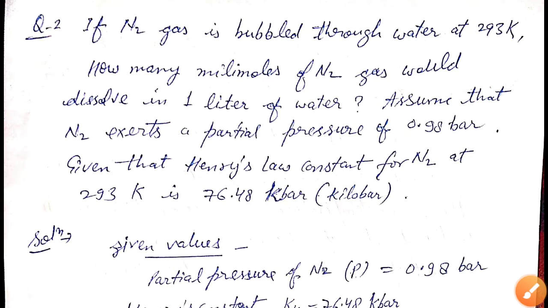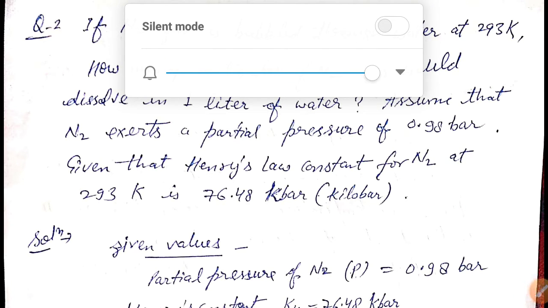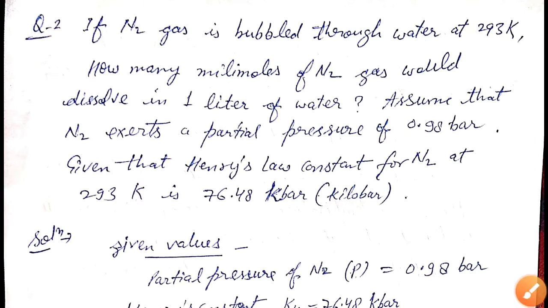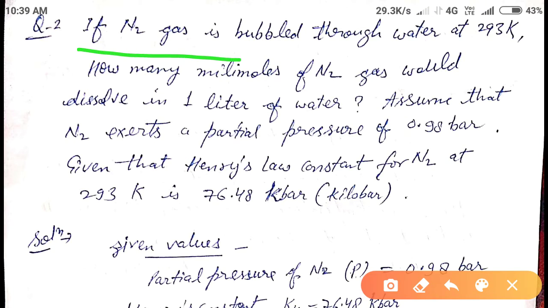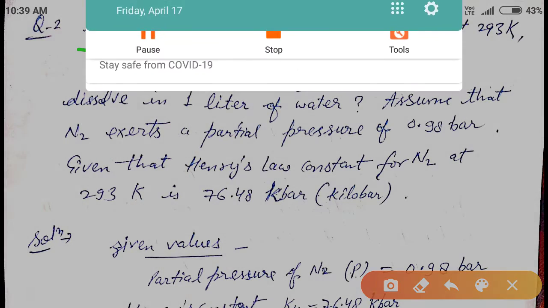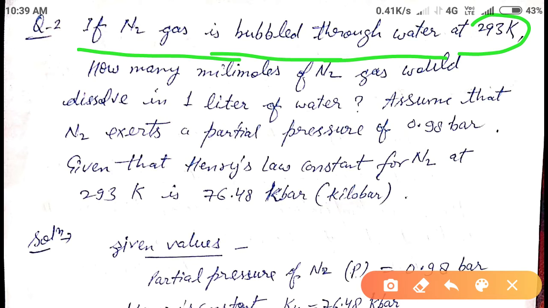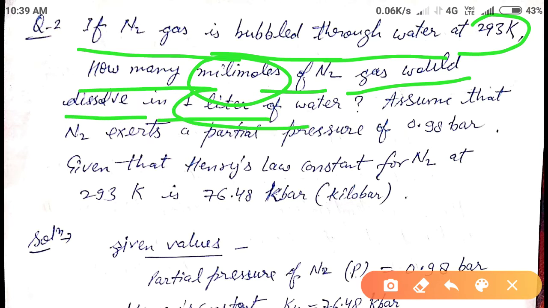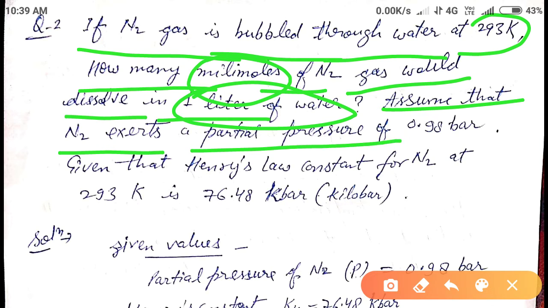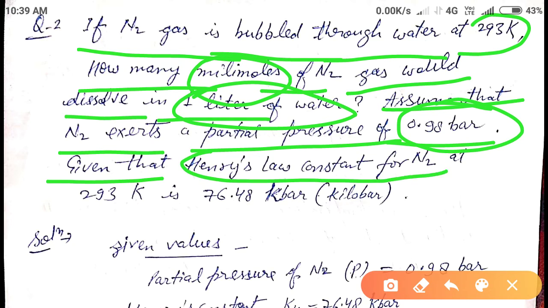Another question based on Henry's law: if N2 gas is bubbled through water at 298 Kelvin, how many millimoles of nitrogen gas would dissolve in 1 liter of water? Assume that N2 exerts a partial pressure of 0.98 bar. Given that Henry's law constant for N2 at 293 Kelvin is